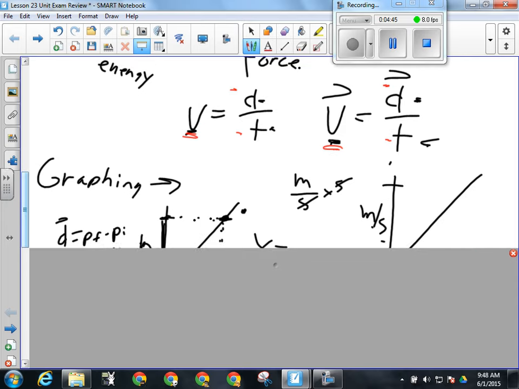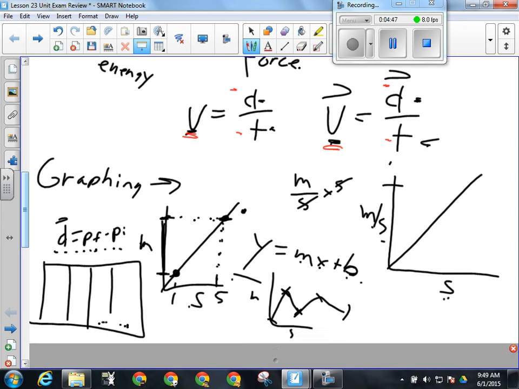Graphing. Holy smokes, do you need to know your graphing? There is a ton of graphing on this test, some in the multiple choice, some in the written response. You are not going to be asked to construct a graph. I won't ask you to do that, but I may have a graph constructed that is missing parts that you will have to identify and fill in.